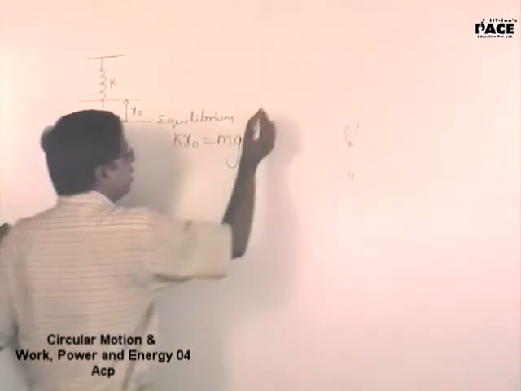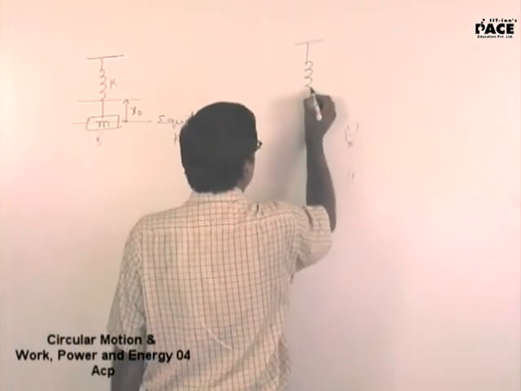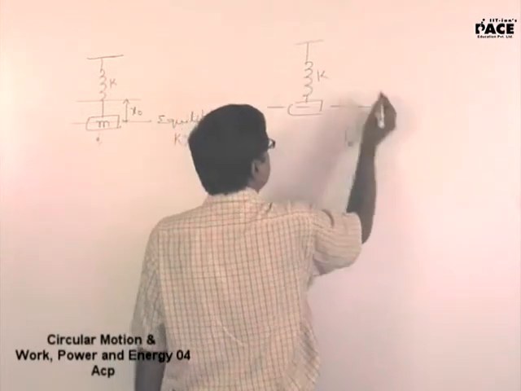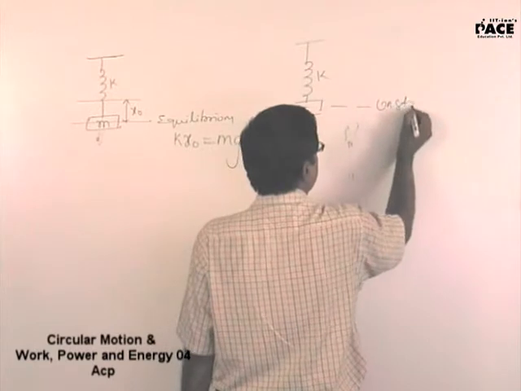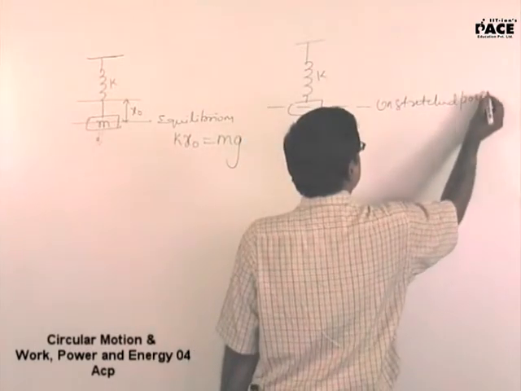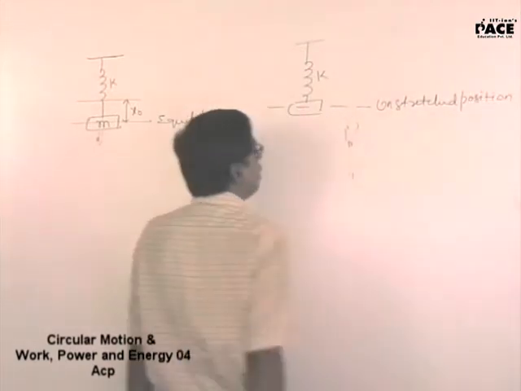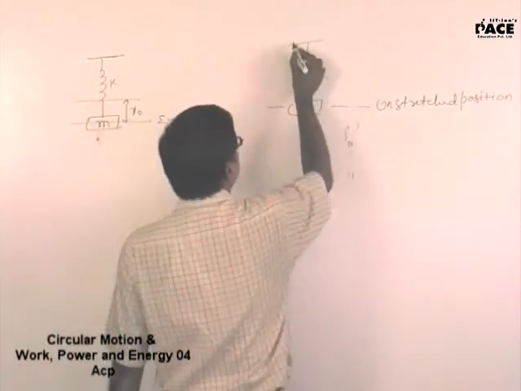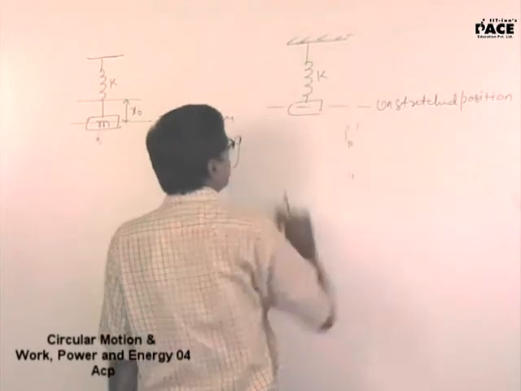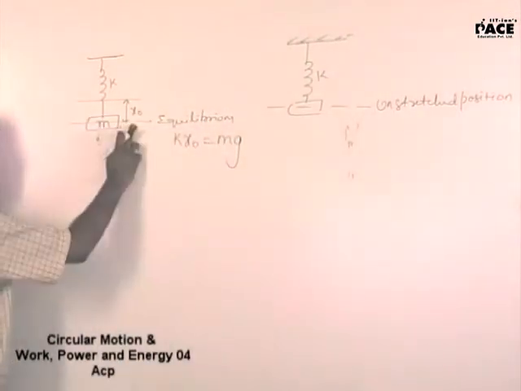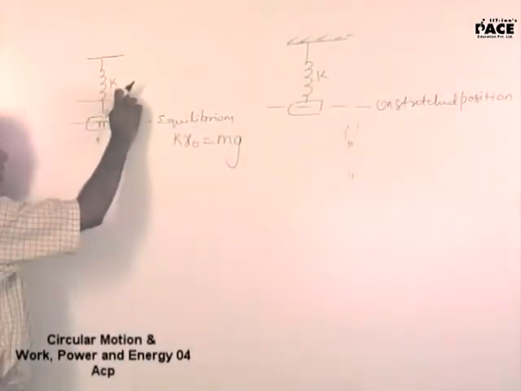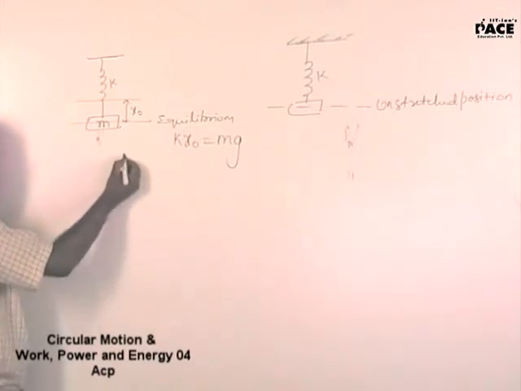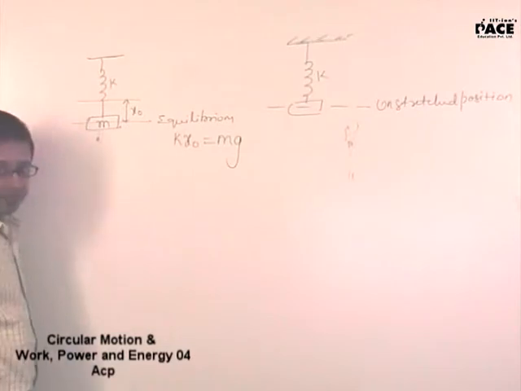This is m, mass of the block. But then, in the same problem, suppose I tell you the spring is released from the unstretched position. This is the unstretched position. When I release it from the unstretched position, obviously they will be asking for the maximum elongation. Now maximum elongation in the spring will not be this straight. When I release it from the unstretched position, it will come down to the lower side. And then it will go up.